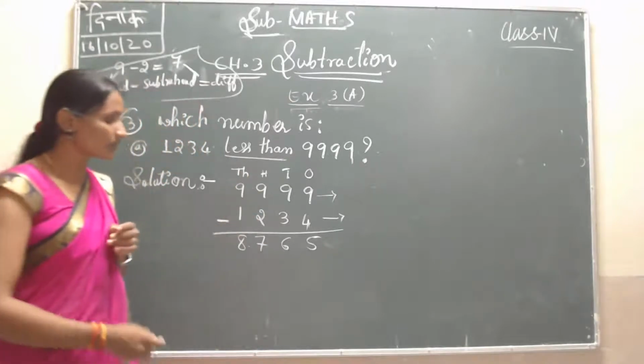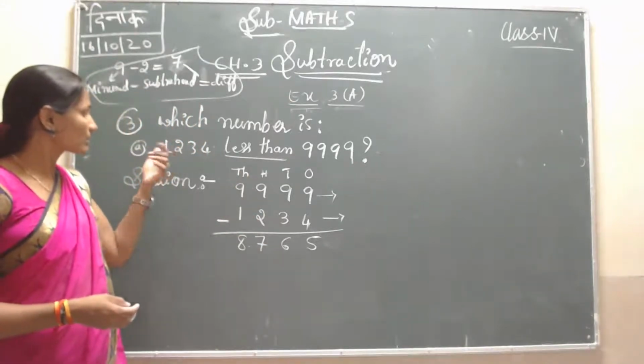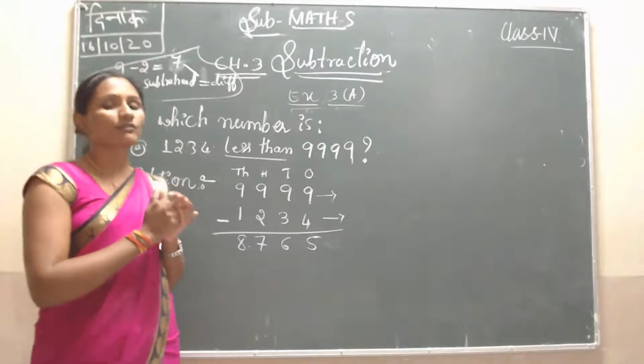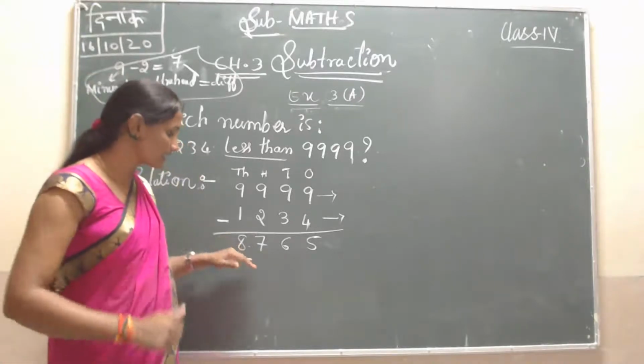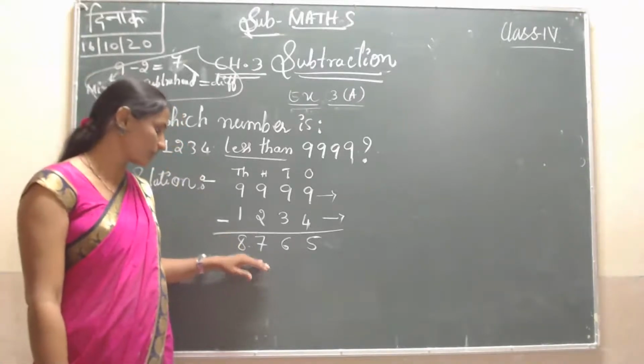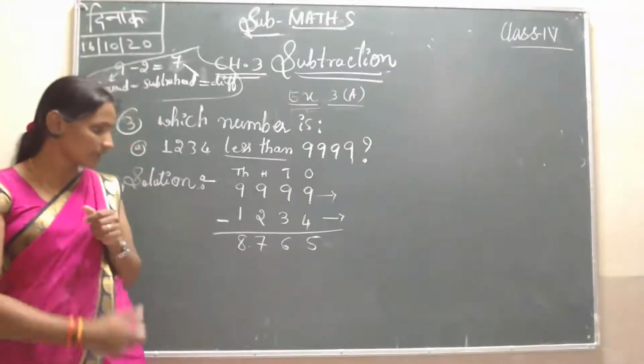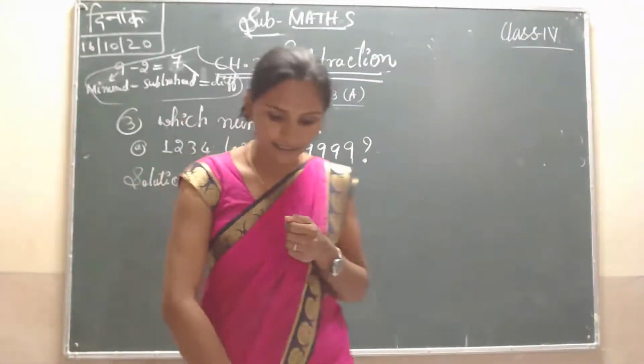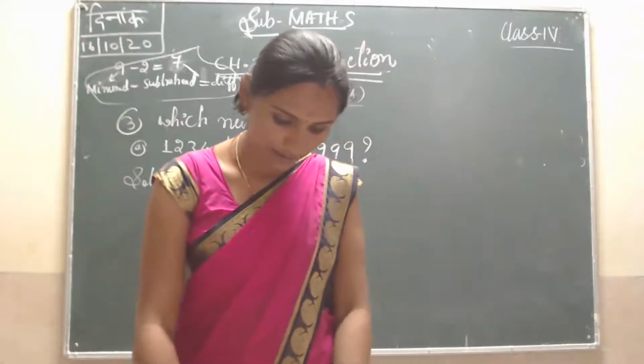So students, what are you comparing? 1,234 less than 9,999, which number is less than? You compare both, and 8,765 is the number that is less than. Okay. So next question in B1,